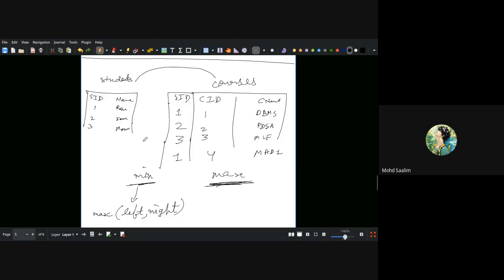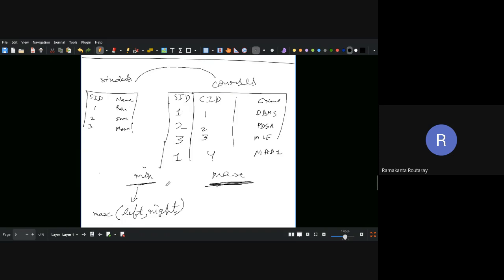Right? And when you choose either of them, it will make a relationship, and the minimum number of rows will be the maximum of the number of rows of students or the number of rows of courses. If courses are more, how will the minimum be the maximum, sir? I did not understand. See, for example, if I have SID 1 to 3, the minimum will be 3 only, right?